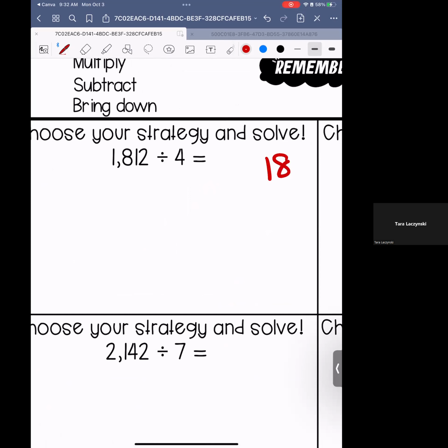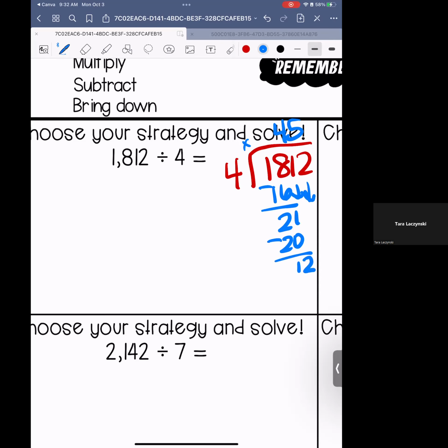I'm sorry, 1,812 divided by 4. 4 does not go into 1, but it does go into 18 4 times. 4 times 4 is 16. 18 take away 16 is 2. Bring down my 1. 4 goes into 21 5 times, which gives me 20. 21 take away 20 is 1. Bring down my 2. 4 goes into 12 3 times, which leaves us with a remainder of 0 and an answer of